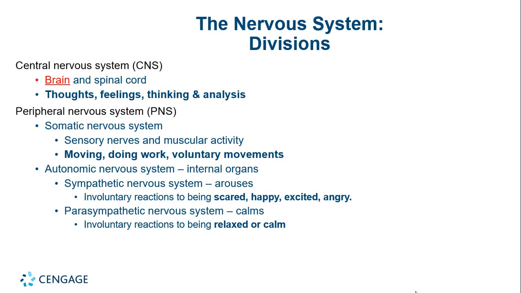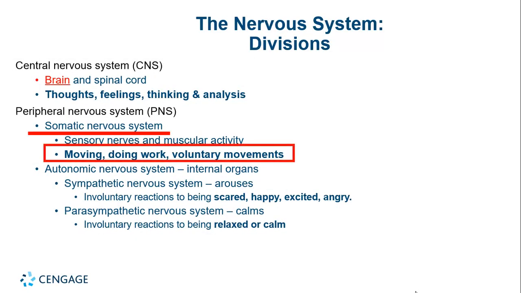Now, your peripheral nervous system, part of that is the voluntary part, your somatic nervous system. This is everything that you do that's voluntary: speaking, writing, running, driving your car, riding a bike, right? All of these things, you are making the choice to take notes. This is somatic. When I ask you about Joe taking that test and I say, what is happening in Joe's somatic nervous system? You're going to tell me that he's writing down the right answer, or maybe he's